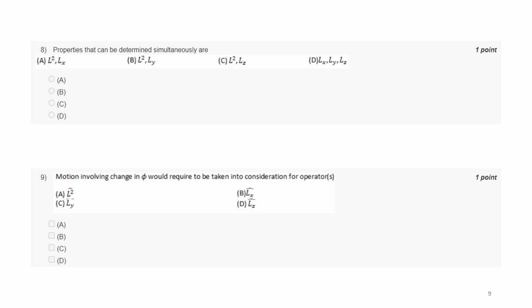Now let us go to question number 8. The properties that can be determined simultaneously. So what are the properties that can be determined simultaneously? Those operators which commute, right? So if A and B are two operators which commute, that means AB minus BA is 0,